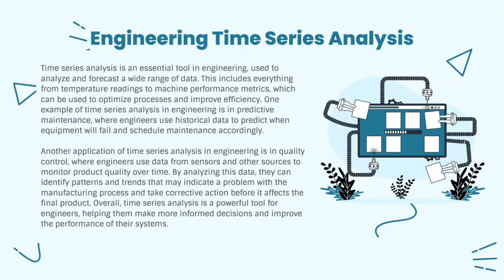Another application of time series analysis in engineering is in quality control, where engineers use data from sensors and other sources to monitor product quality over time. By analyzing this data, they can identify patterns and trends that may indicate a problem with the manufacturing process and take corrective action before it affects the final product. Overall, time series analysis is a powerful tool for engineers, helping them make more informed decisions and improve the performance